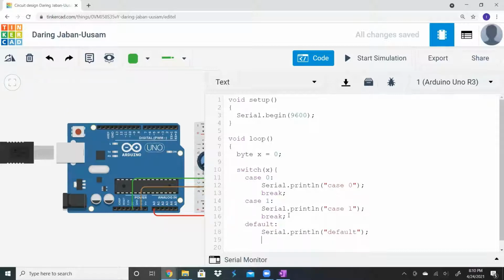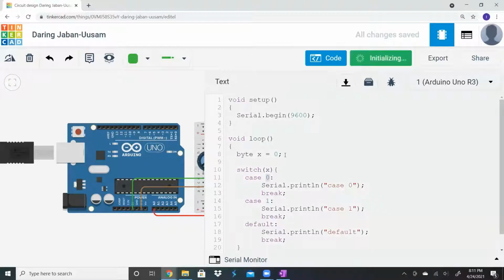And again, I'm not going to forget to write break. And that's it. So right now, what should be printing is 0, case 0, because case 0 is true. In other words, it's checking x and it's saying what is the case of x? What is it holding? And in this case, it's holding a 0. This one's pretty boring